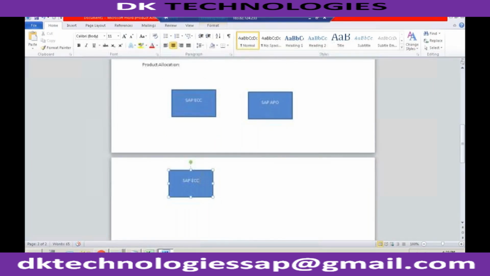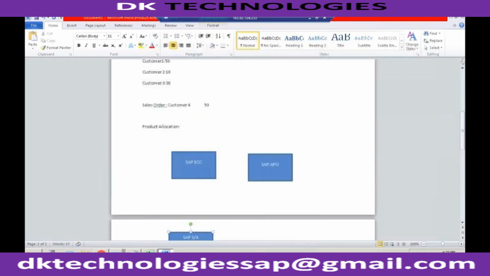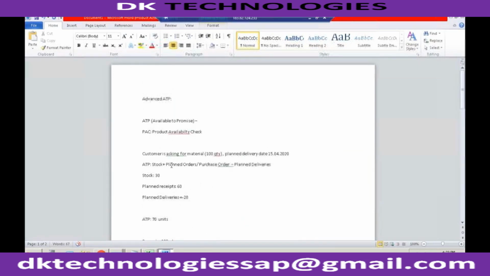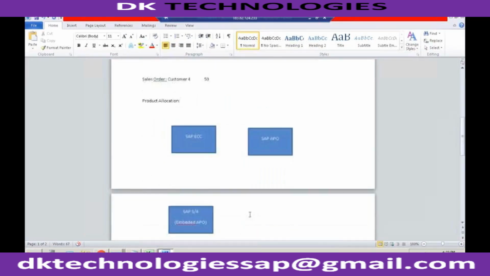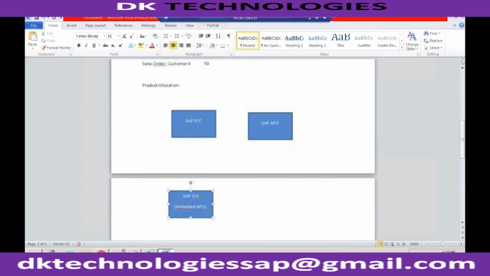Okay, this is the SAP S4HANA system. And in the S4HANA system, what SAP has done is embed APO functionalities. I'm not saying all the functionalities of APO are embedded in S4HANA. Currently, we are focusing on this ATP functionality. So this product allocation functionality, which was part of SAP APO till now, is becoming part of the SAP S4HANA system. In SAP ECC, you were able to do the basic product availability check, PAC,